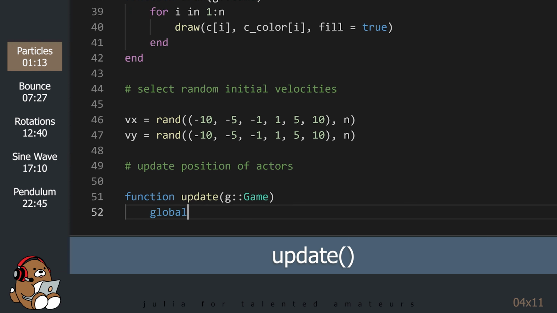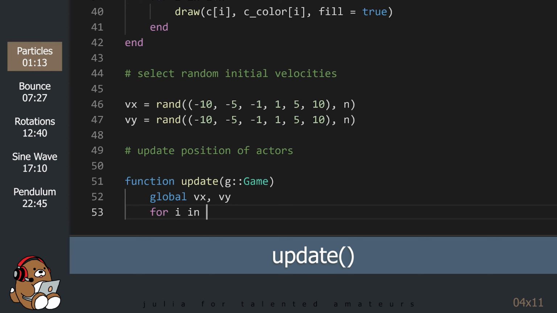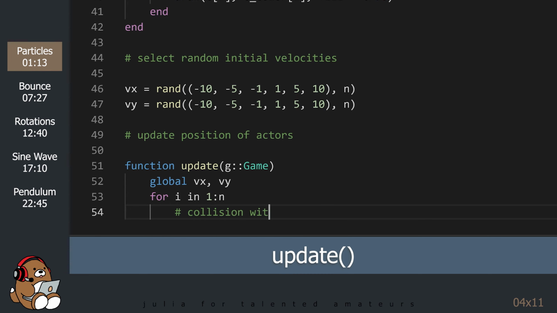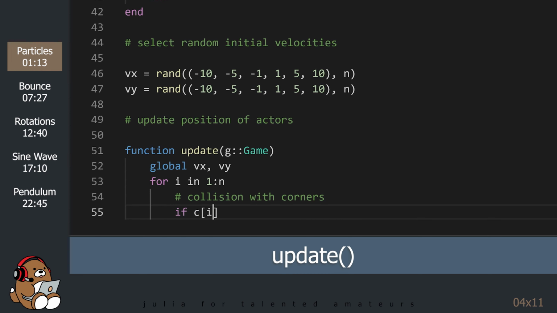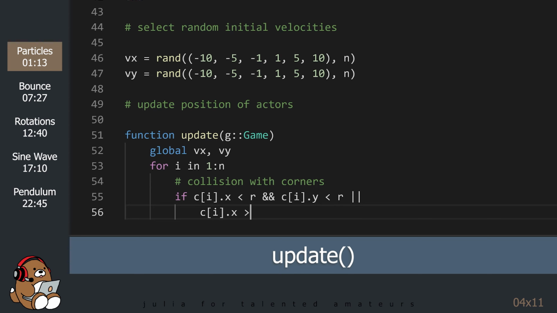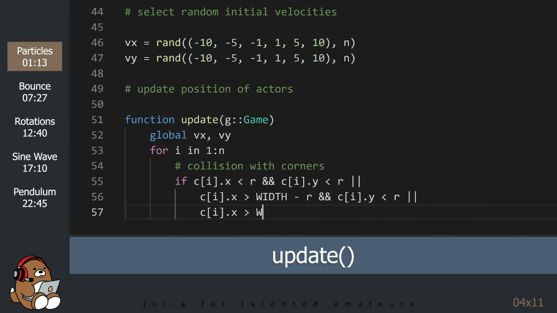In the past 2 Game Zero tutorials, we used either a mouse interaction or a keyboard interaction to update the scene in the game window. But with these simulations, we need Game Zero to update the game window without any interaction from us. In order to do that, Game Zero uses the update function.